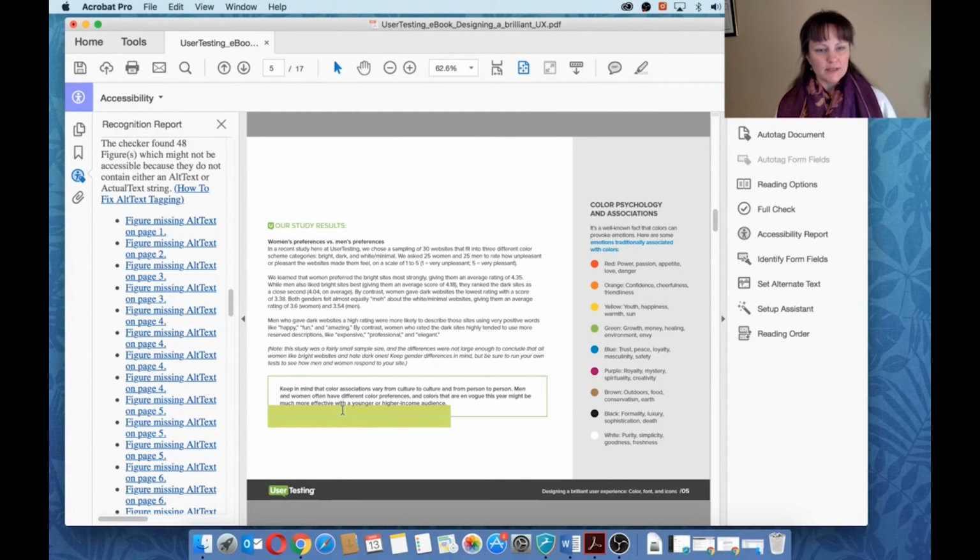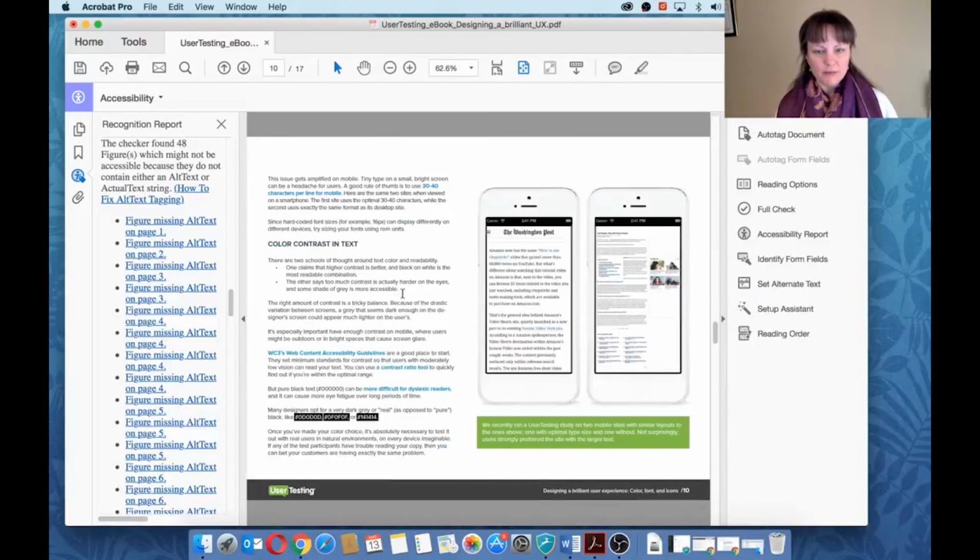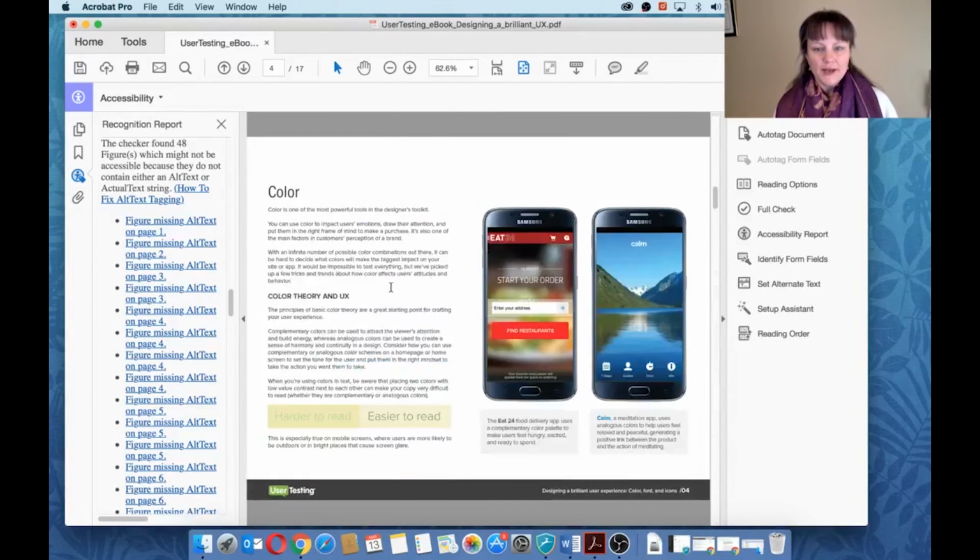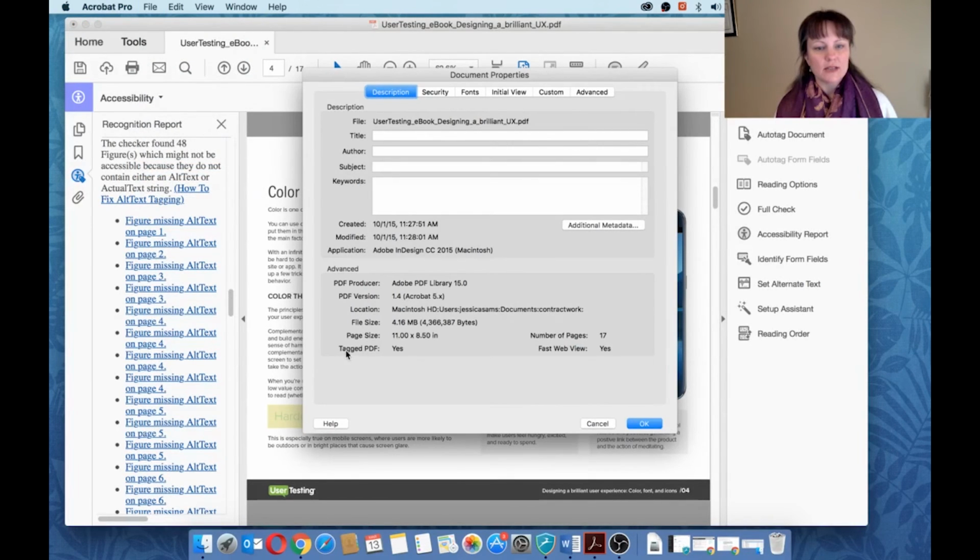In order for me to have this be a truly accessible PDF, I'd need to go ahead and guess at the alt text for all of the images that are embedded in this file. And that's a lot of images. For right now, I'm just going to go back to this Properties panel. You can see that now Tagged PDF says yes. There are errors. There are lots of things to be fixed. You need to check for the reading order, but now this file can be read out loud and it's tagged